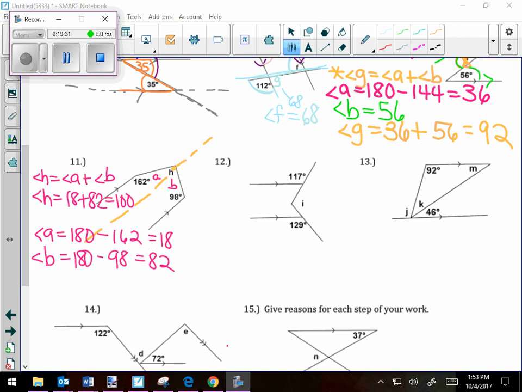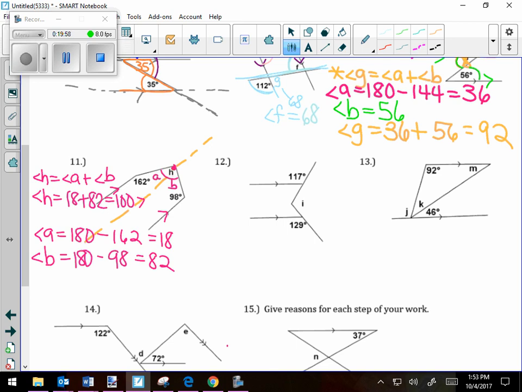In question 11, because angle H is formed by a crooked transversal passing between two parallel lines, I drew in the orange auxiliary line. It's drawn so that it is parallel to the two given parallel lines. And it has to pass through the vertex at H. When I draw that in, it splits the angle at H into two parts that are not necessarily equal. And from there,